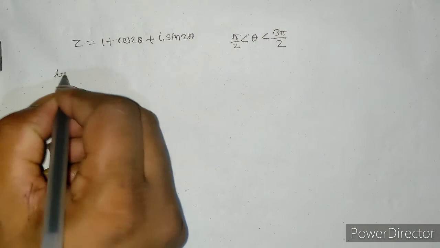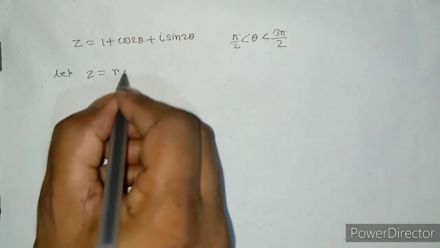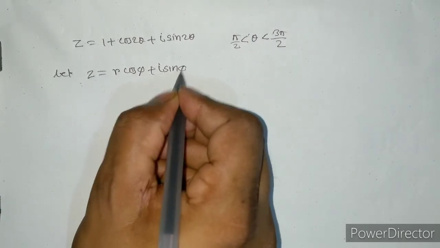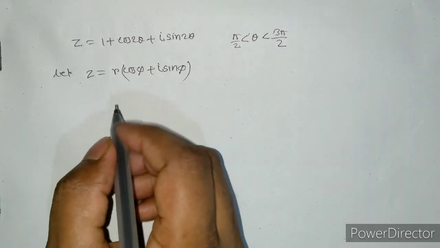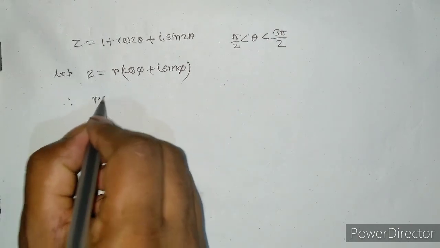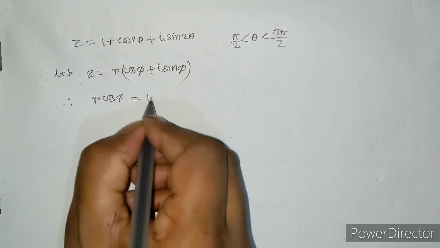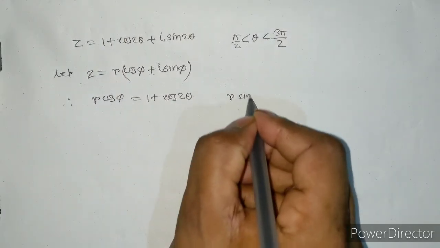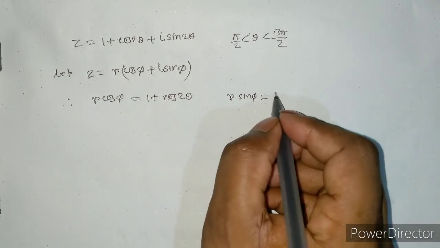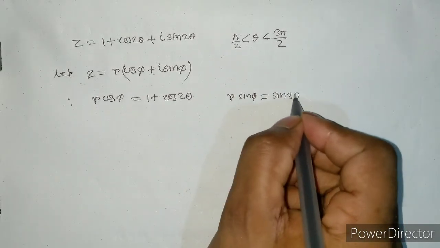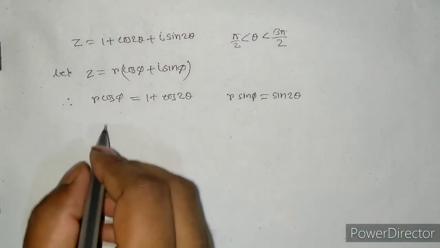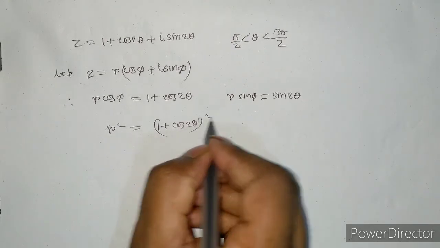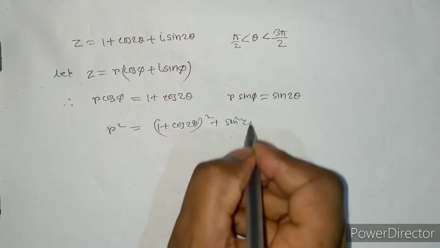So let z equals r cos phi plus i sin phi. Therefore r cos phi equals 1 plus cos 2 theta, r sin phi equals sin 2 theta. r square equals